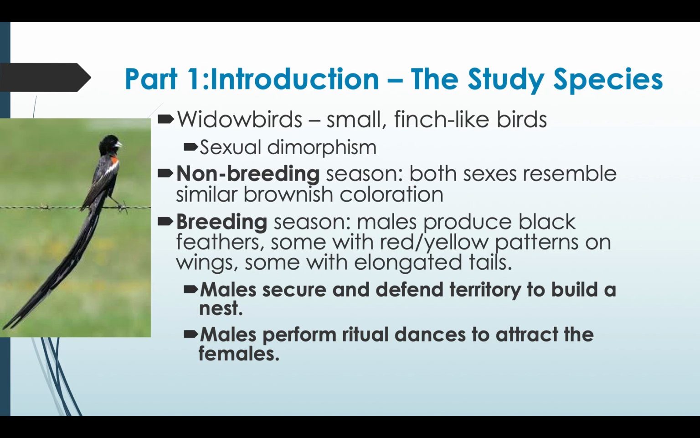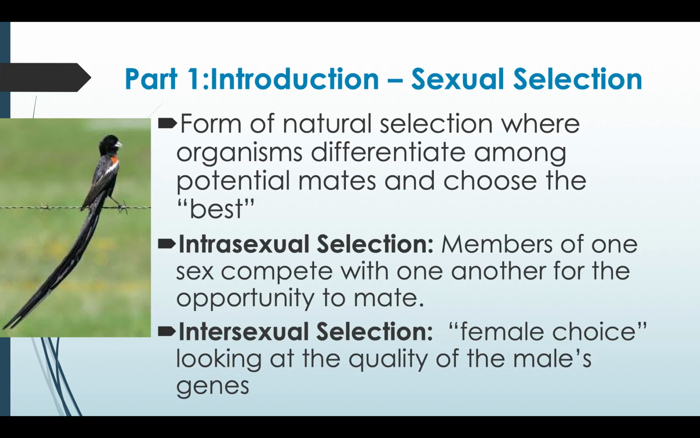And so during the breeding season, the main thing here is males utilize their coloration in order to secure and defend territory to build a nest. Okay, so once they find their nest, they're going to perform these ritual dances to eventually attract the females. So when we're talking about natural selection in part one here, we're going to focus on sexual selection